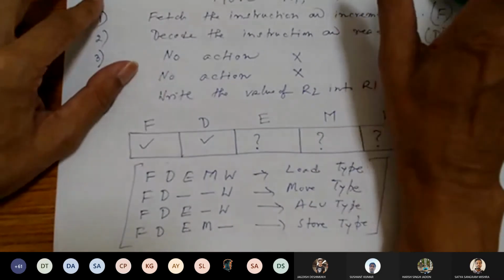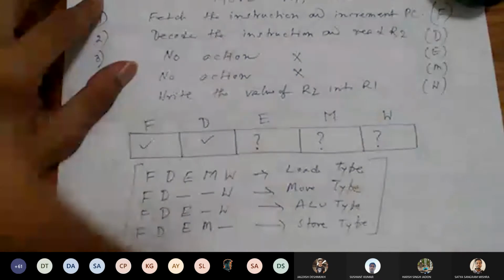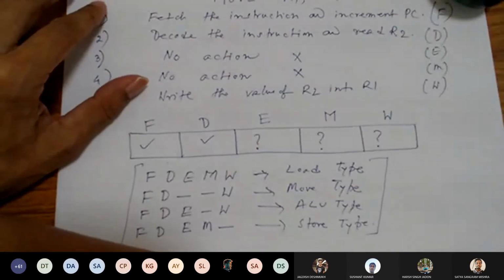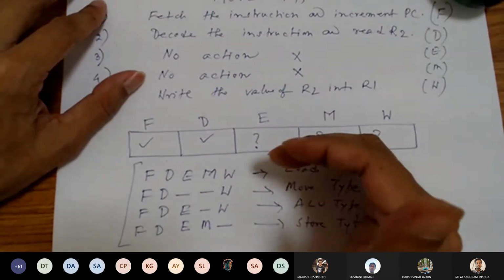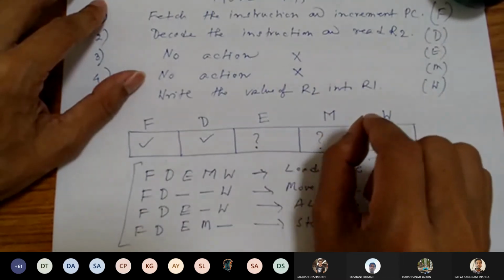So I shall not advance the course because today I will finish it by 10:30. I'll have to go somewhere. But from this point onwards, since we will be directly going into the designing of the circuit,